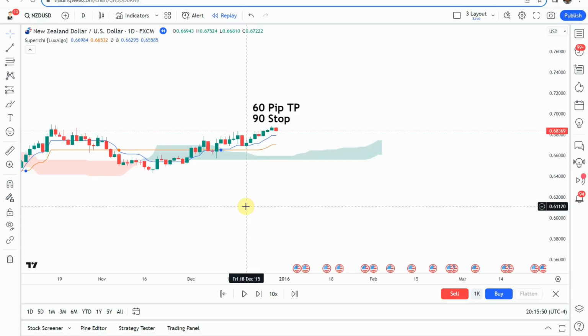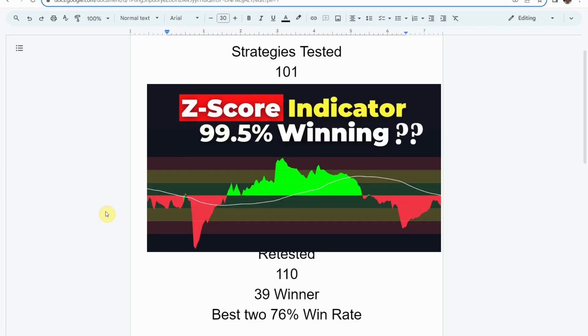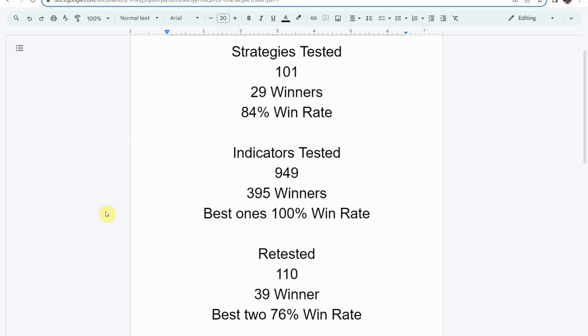Alright, as I said, today we will be testing the SuperIchi indicator. Before we do though, I wanted to put the testing scoreboard up for everyone to see. So to date, we have tested a total of 101 different strategies, with 29 of them being winners. The best one so far was able to achieve an 84% win rate. That is the Academy of Forex indicator with the Z-score probability indicator. I'll put a thumbnail of that up on screen right now to that video. Also link to it at the end of this video with that same thumbnail, so that way you can just click on that link, go straight to that video, and watch that on the best strategy that we have tested